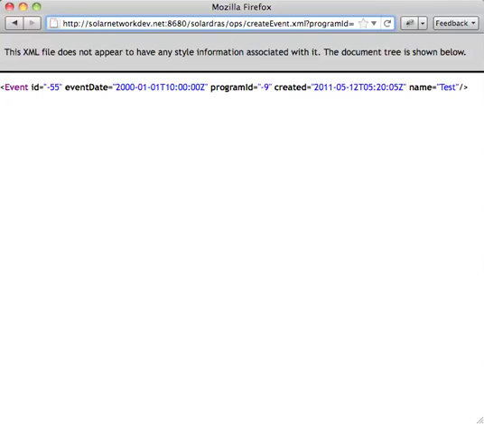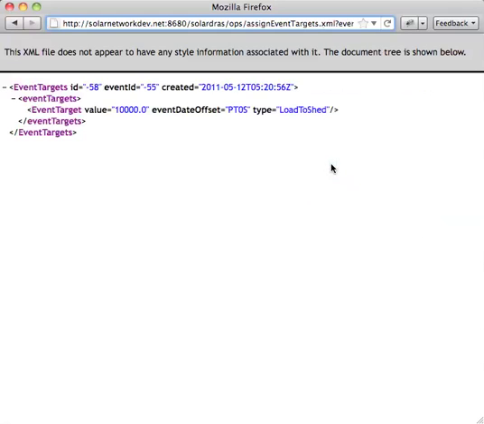So the first thing to do would be to assign some event targets for this event. I'll call another API to do that. What I've done in this one is I've assigned one target, and here the value of 10,000 represents 10 kilowatts. The type here you can see is load to shed, which means I want to shed 10 kilowatts overall, and the offset for this event is 0 seconds, which means shed 10 kilowatts right when the event starts, and this is a fairly typical use case, I think. Now the event has a target. Go back and